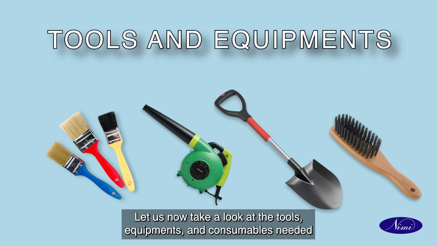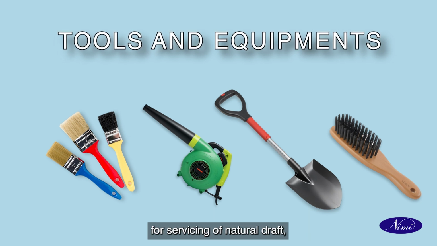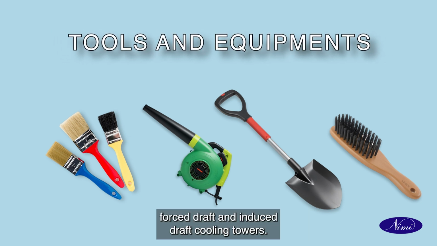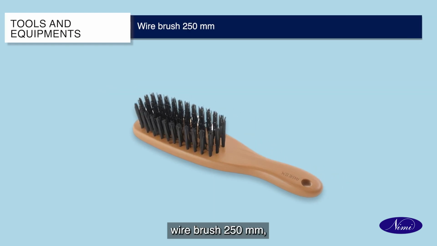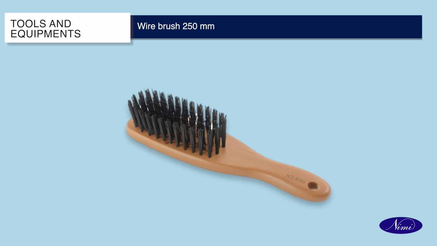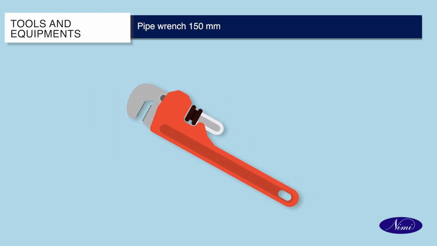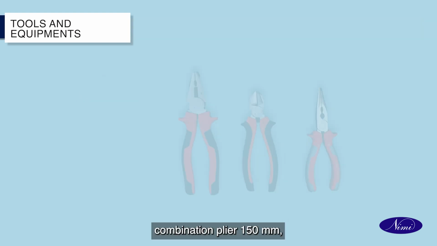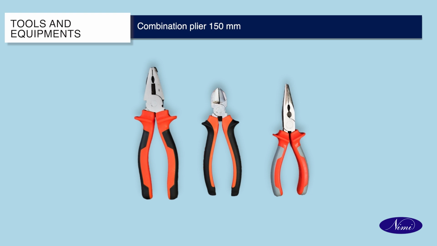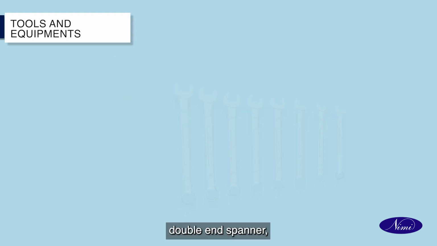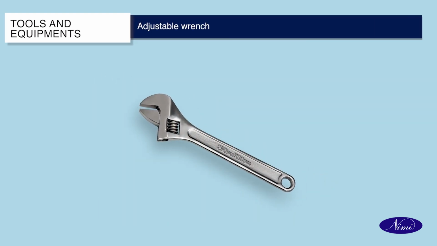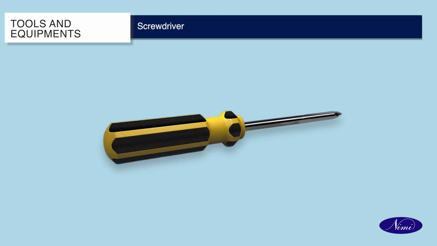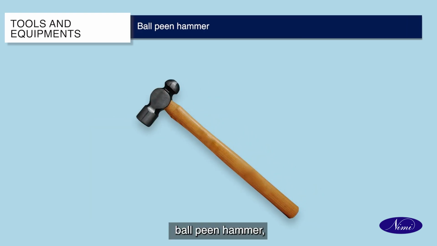Let us now take a look at the tools, equipments and consumables needed for servicing of natural draft, forced draft and induced draft cooling towers. Chisel 150 mm, wire brush 250 mm, pipe wrench 150 mm, combination plier 150 mm, double end spanner, adjustable wrench, screwdriver, ball peen hammer,